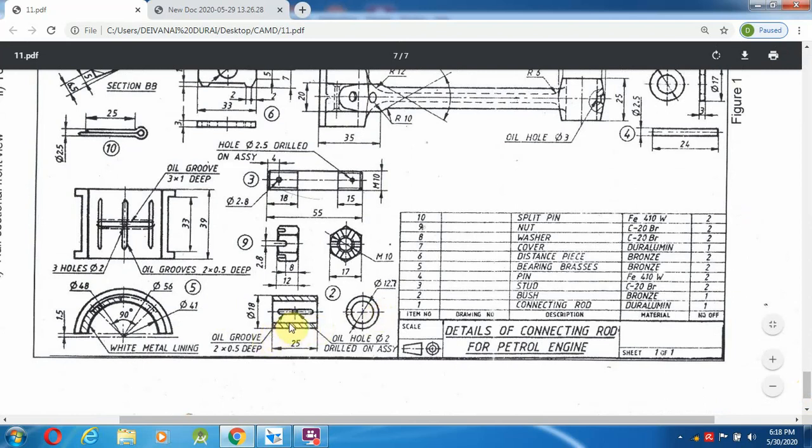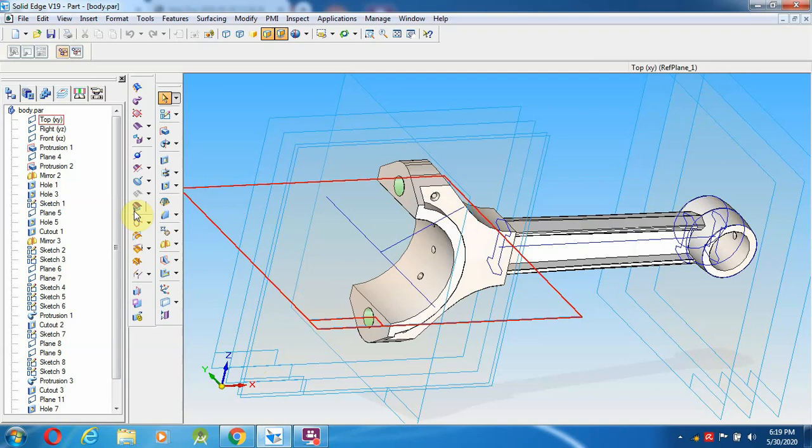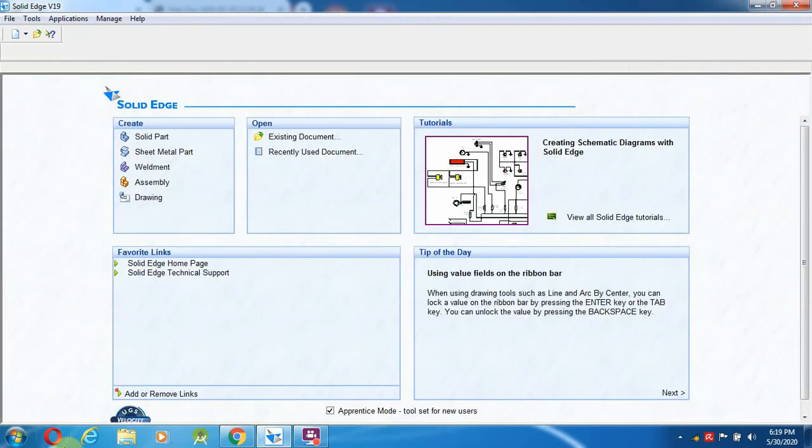So they are making a full one. We will see how to draw these things. Make an 18 mm, and the minimum diameter is 12.7 mm. After saving this, we can close.